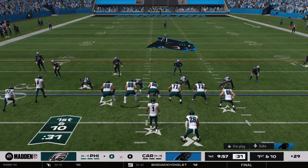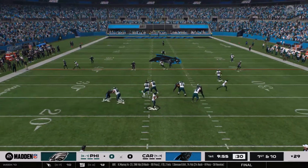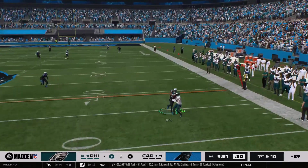It's not often that you can win by multiple scores in the NFL, so you've got to imagine they're coming into this week's game with a lot of confidence. They were able to put together...